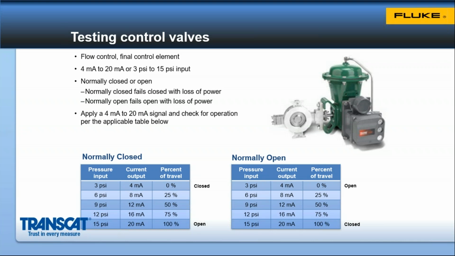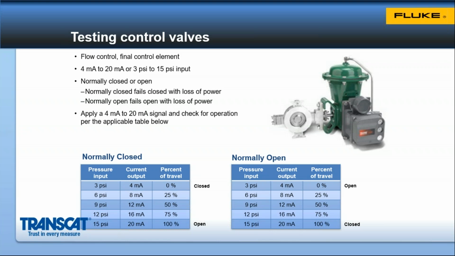The normal acting, forward acting valves will fail closed with loss of power, and then the normally open or reverse acting valves will fail open with loss of power. It really determines what the safe mode is for failure of the valve. In the example we had earlier with the control valve that was controlling natural gas to a burner, we'd obviously, with loss of power, want that valve to fail closed, to turn off the gas supply to avoid an unsafe circumstance. To test the valve, you apply the 4 to 20 milliamp signal, and most often there's going to be